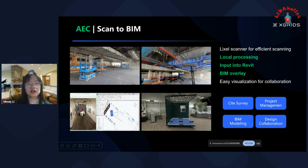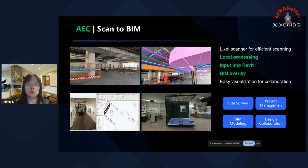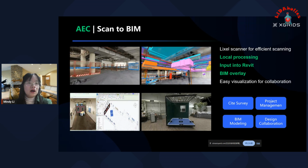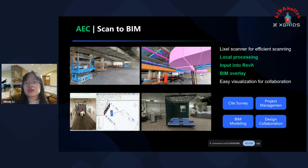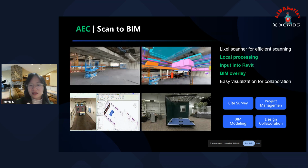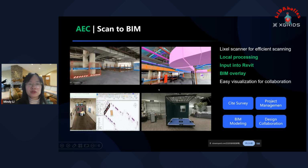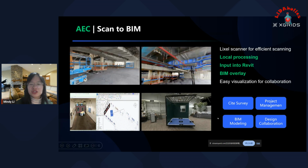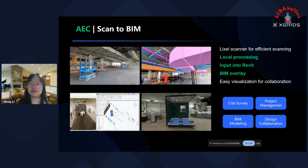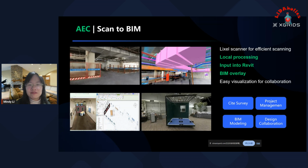So this kind of thing can be used not only for BIM model building, but also for the management process of the whole construction procedure. People also use that for design collaboration if they want to add annotations and notes based on the 3D spatial information. They can also share that with colleagues who are not on site, in a very remote place, and they can also see the data